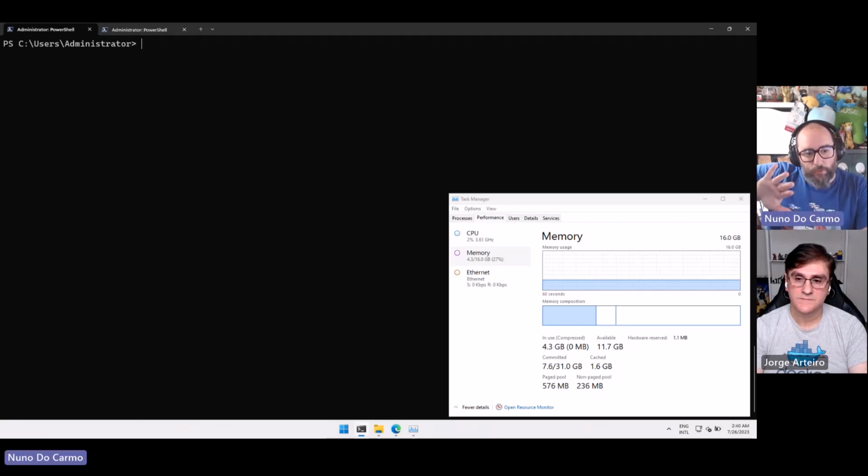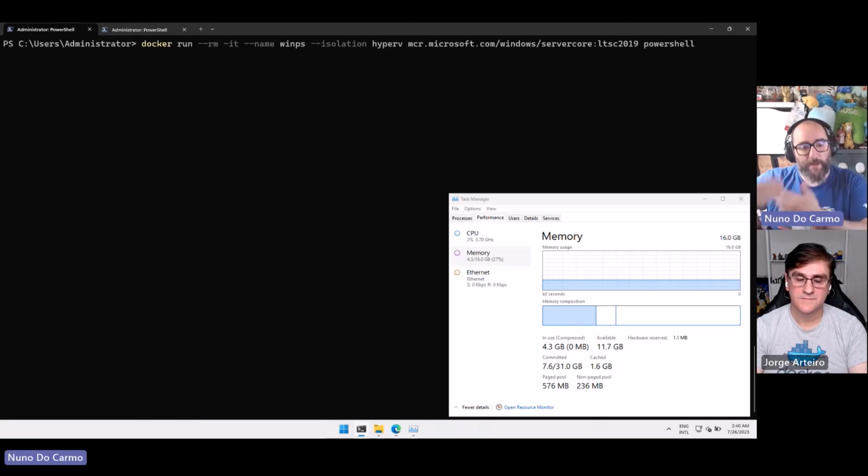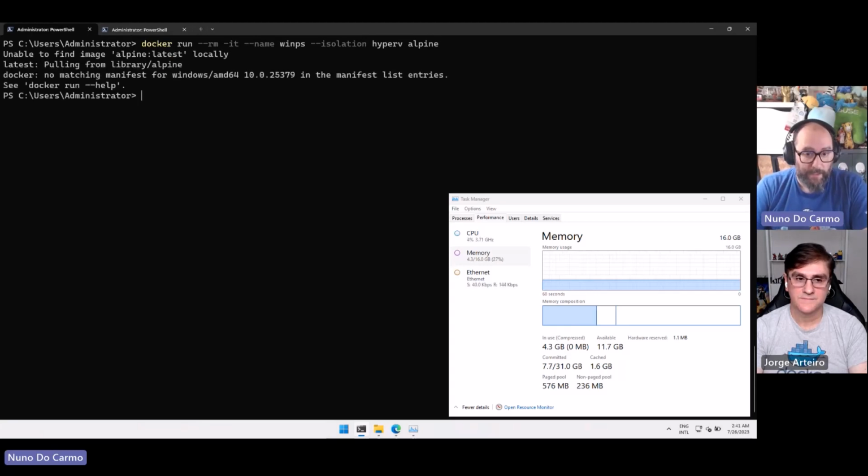Which brings me now to a small sidetrack. So here, what we are seeing is Docker running Windows containers, okay? And thanks to Hyper-V, we can come back to some others. But at the very beginning, I showed you Alpine, and maybe you didn't like it. So maybe with Hyper-V it will be better. So let's try it. And here, again, it's not possible,